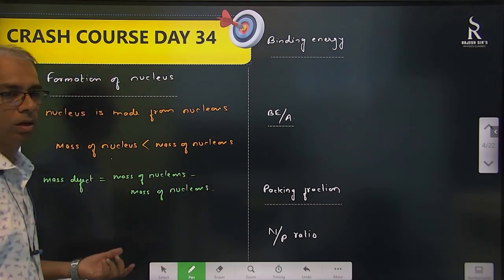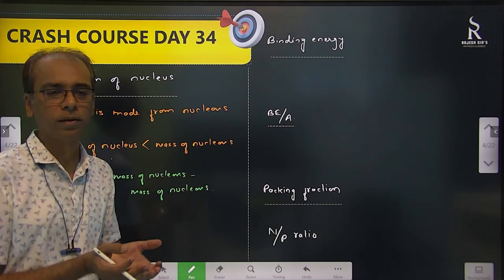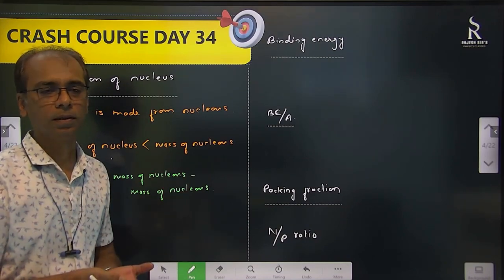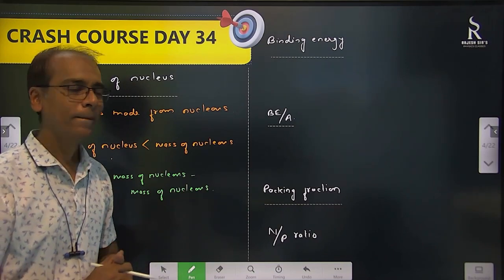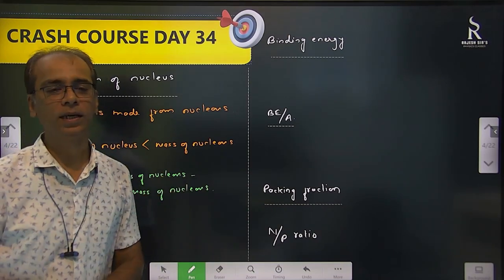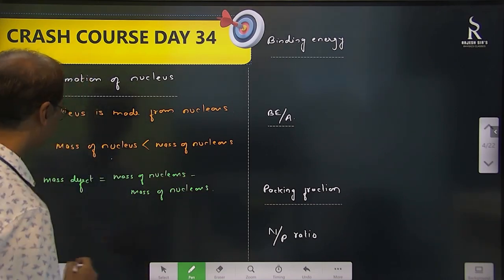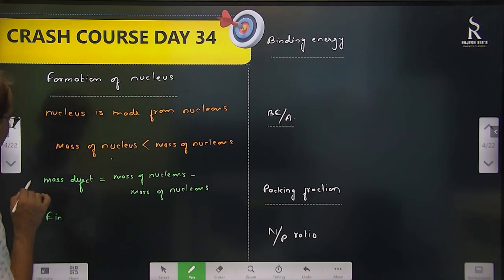Now the question is, where has this mass gone? You brought a neutron and a proton and made them together, and you find that the mass has become less than the individual masses of the neutron and proton. So where is that mass? According to Einstein's energy equation, that mass is converted into energy. Einstein's equation says that this mass defect, if I call it delta M,